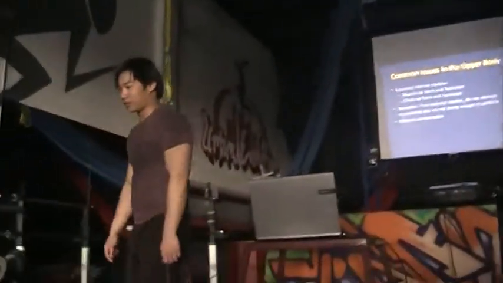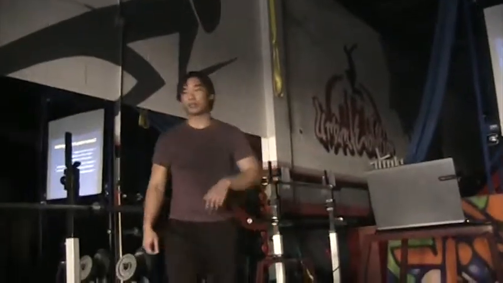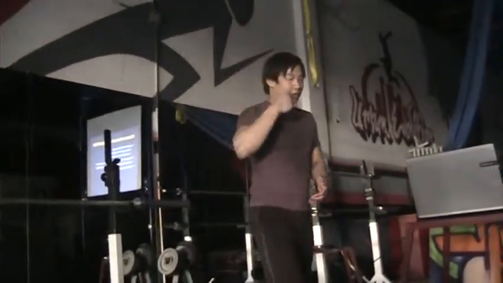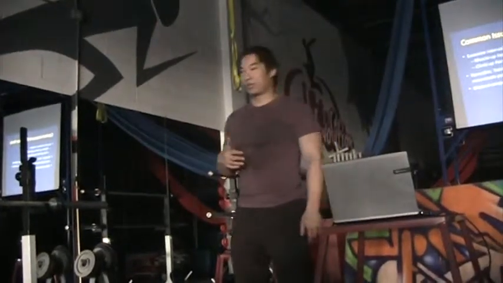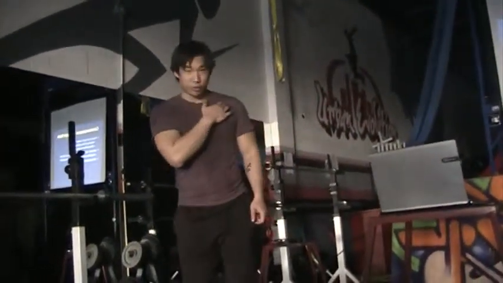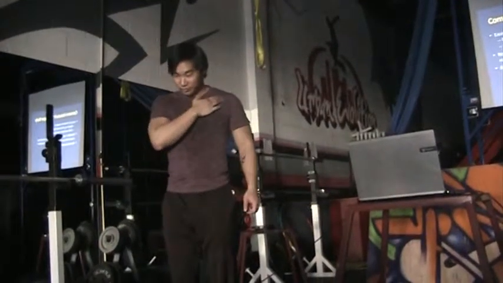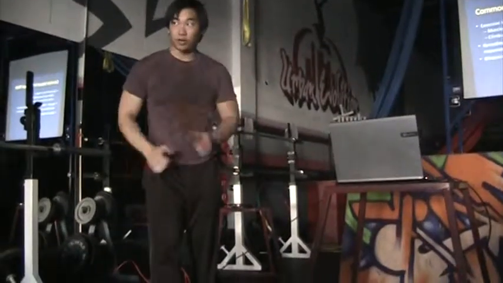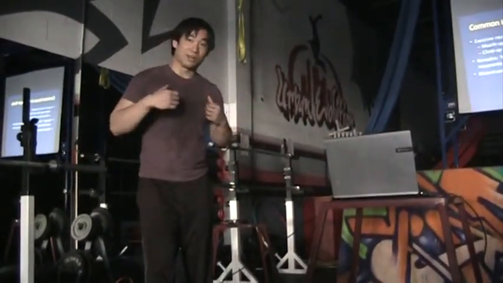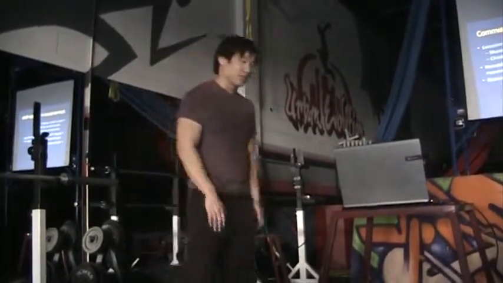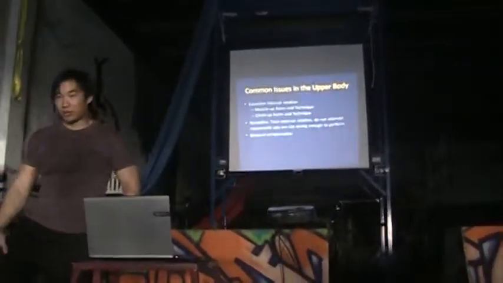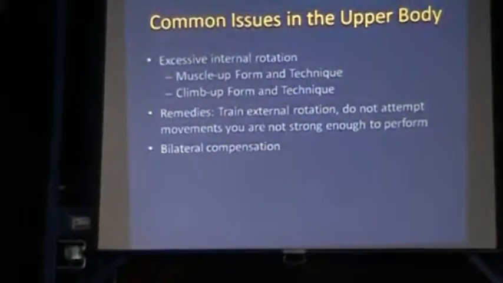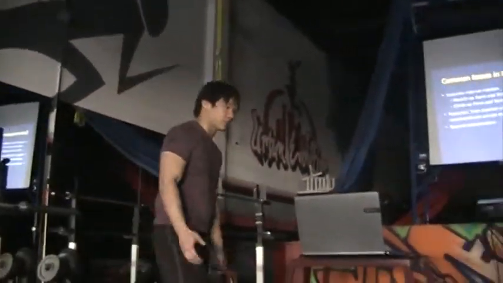Bilateral compensation is basically one side is stronger than the other, one side is more mobile than the other. So the body adapts. If my shoulders are imbalanced, which they are, one shoulder is more mobile than the other, even my run stride can get affected because your arms have to move in a very particular way. And if they can't do it equally, then your hips try to compensate. And then your hips compensate, and your legs will compensate by rotating in or out. Your ankle might compensate. So a problem with my shoulder can give me plantar fasciitis.